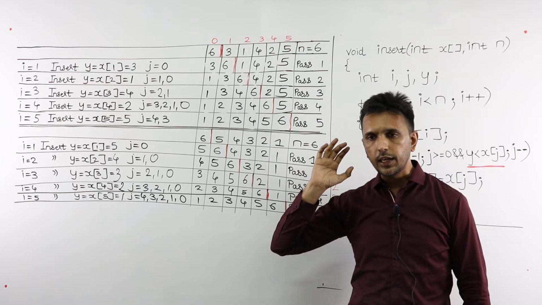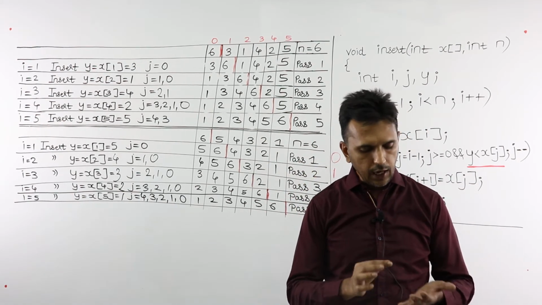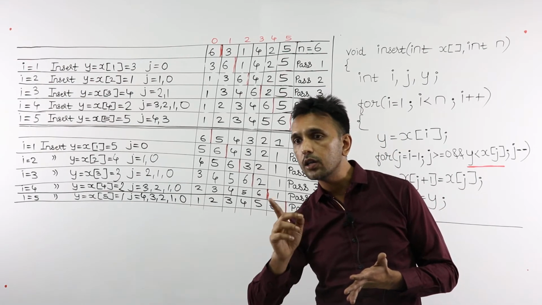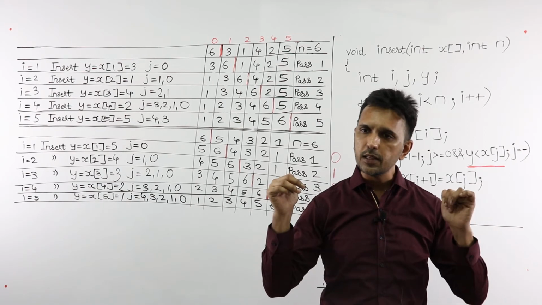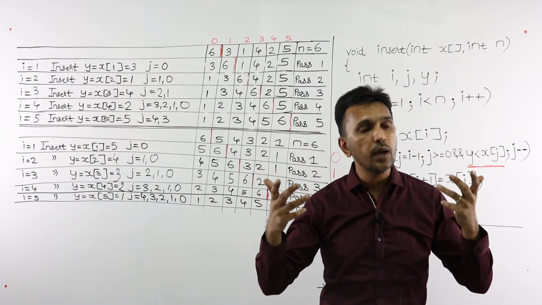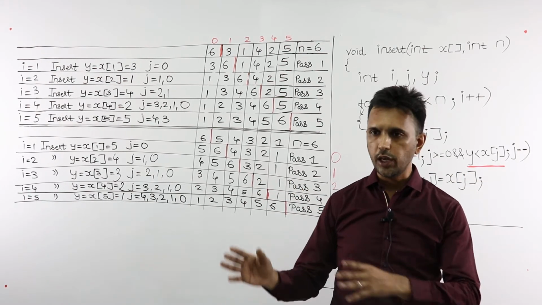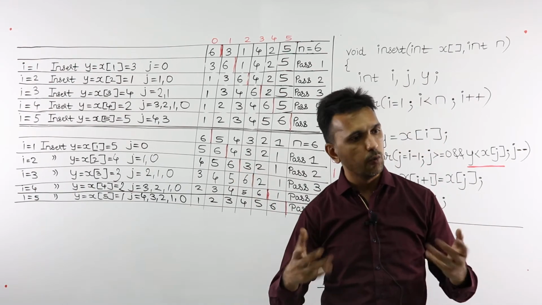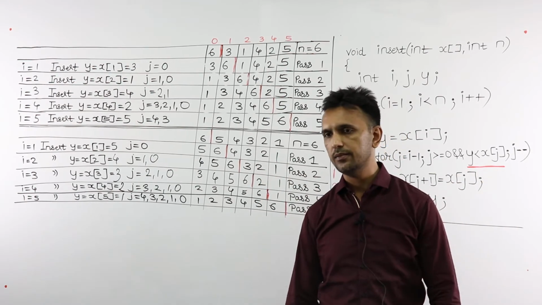But there is one misconception you should not have in your mind. The condition for best case and worst case keeps on changing from algorithm to algorithm. So for insertion sort, this is best and worst. It may not be the same for quick sort or merge sort. So what you studied today, ascending order best case, descending order worst case, may not be true for some other algorithm. That you have to understand.